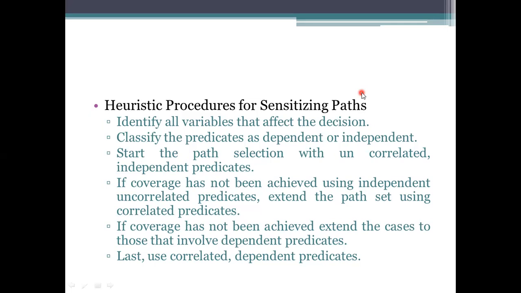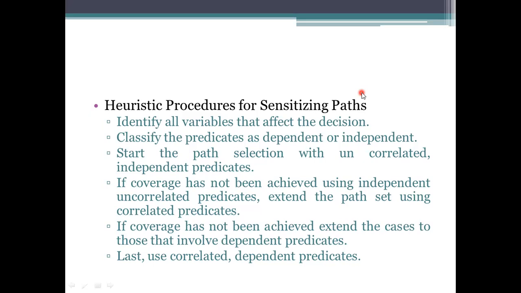The next step is using the independent ones with the correlated predicates. We add the correlated, uncorrelated, and independent predicates, and by that you achieve some paths. If the paths are enough, meaning all the predicates have been covered, you stop there. If not, you need to consider the dependent predicates. These dependent predicates will include other predicates not yet processed in the correlated or uncorrelated sets. And for the last one, use all the correlated and uncorrelated predicates for processing.